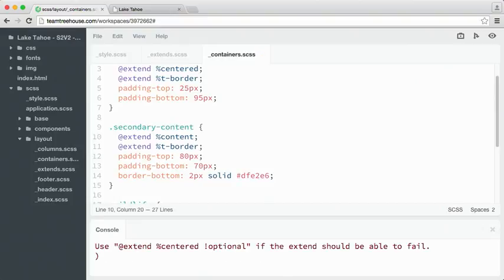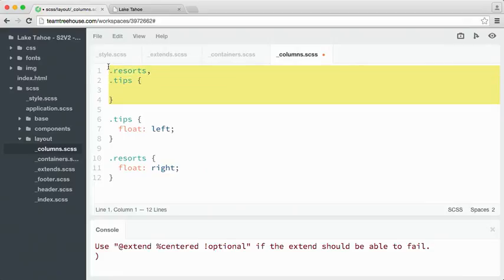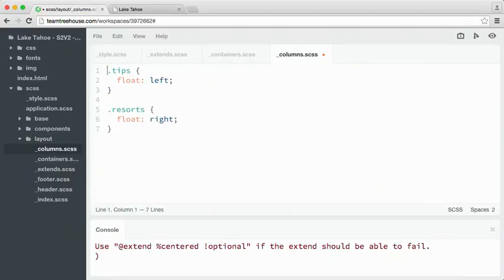All right, so now we can kind of do the same thing for our columns. So if we open up the columns partial, we can actually cut down the lines of CSS by creating a placeholder for the shared column styles. All right, so let's first cut out the width declaration in our first rule and delete it. And back in our